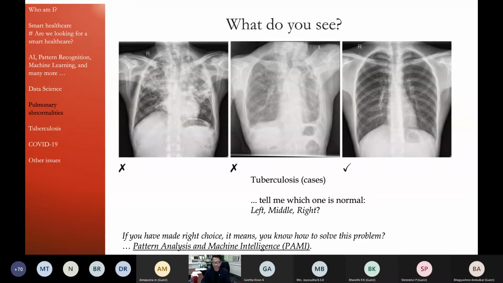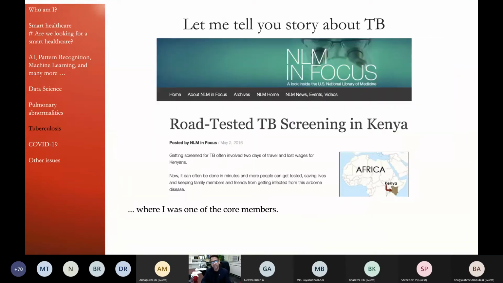It is a computer vision problem, isn't it? Texture analysis is a computer vision problem. It is all about feature extraction. If you do the right feature extraction, you could do it. And I'm talking about tuberculosis, basically, right? Tuberculosis is one of the deadliest